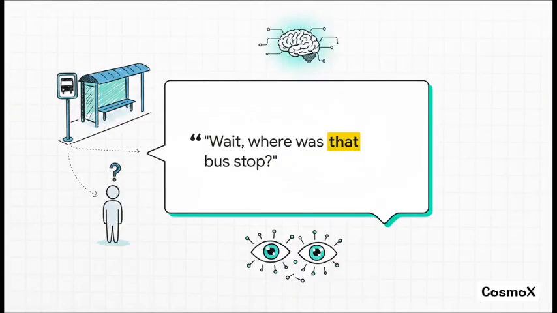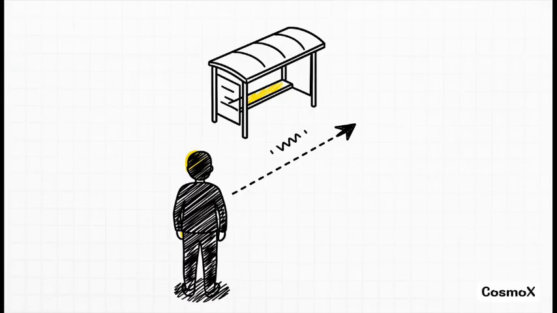And here is where you see just how smart this AI is. It actually maintains context. So during a trial, a user walked past a bus stop and then, a little while later, asked a simple question. Wait, where was that bus stop? Now, that sounds simple, but to answer it, the AI needs to have memory and spatial awareness. And look at the AI's response. Precise, actionable, and genuinely helpful. It shows real situational awareness. That's the huge difference between just a basic tool and a true collaborator.